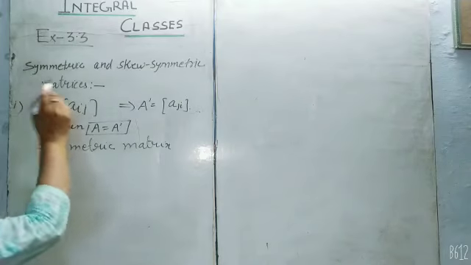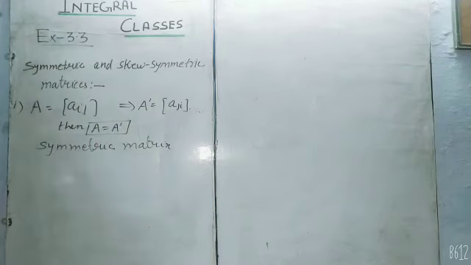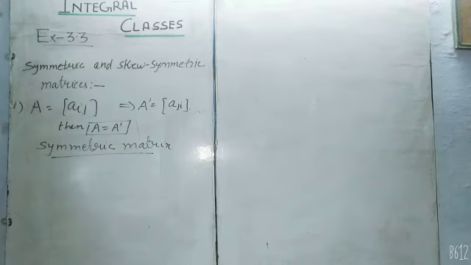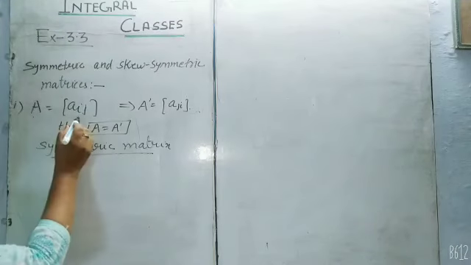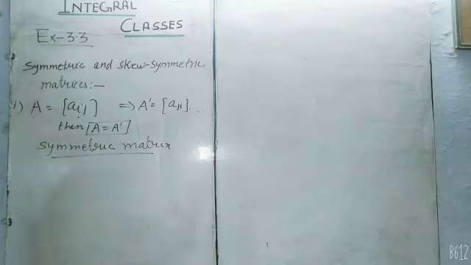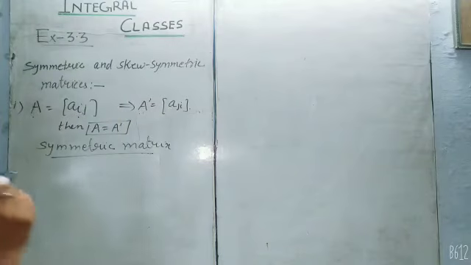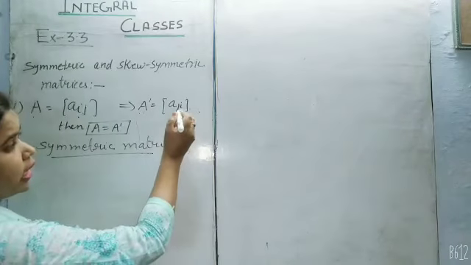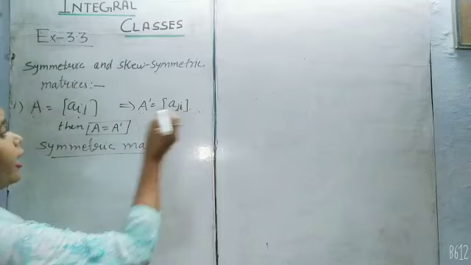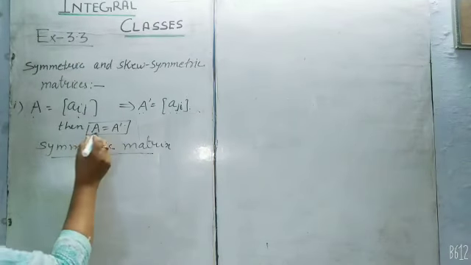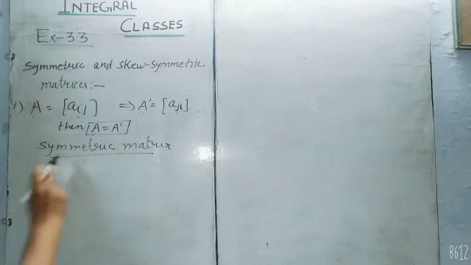Next topic is symmetric and skew symmetric matrices. First I am explaining the symmetric matrix. Which matrix is called symmetric? Students, if we have a square matrix, what is the meaning of square matrix? It means rows and columns are equal. Then we take its transpose, then again we get Aji, and A transpose equals A. It should be A equals A dash. This type of matrix is called